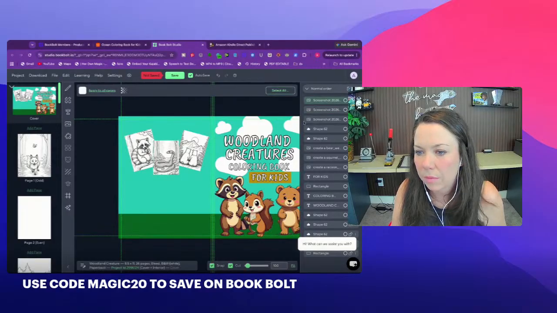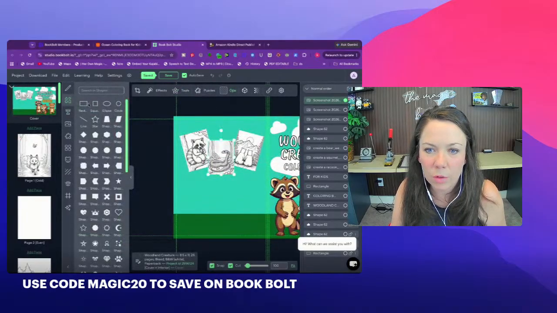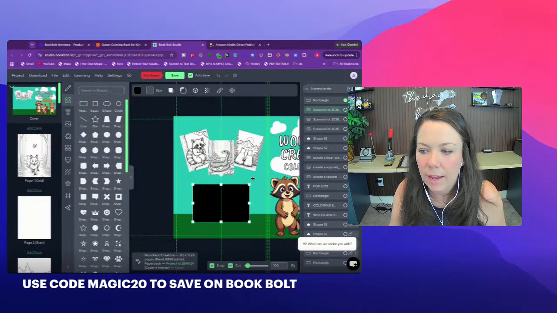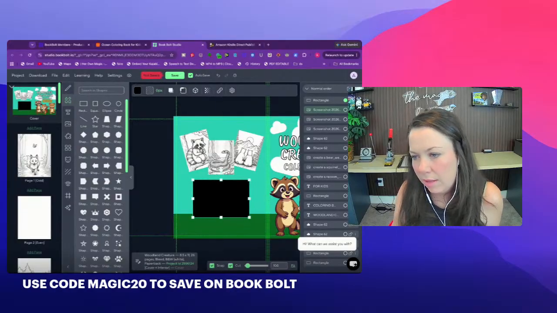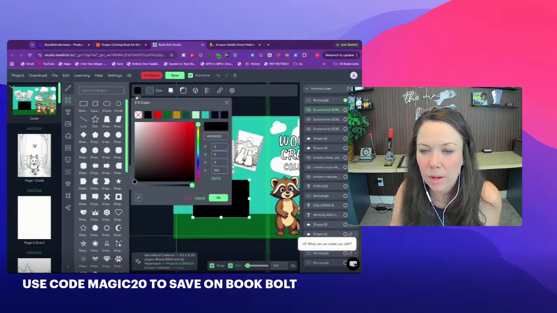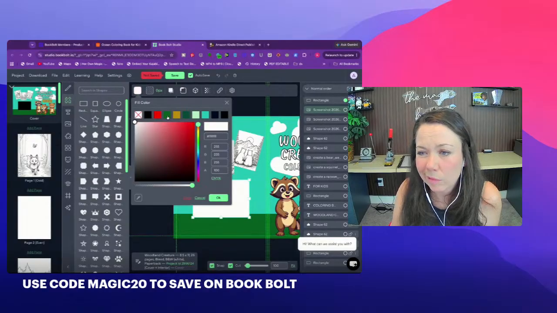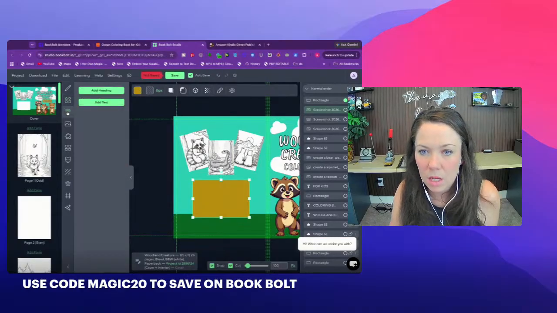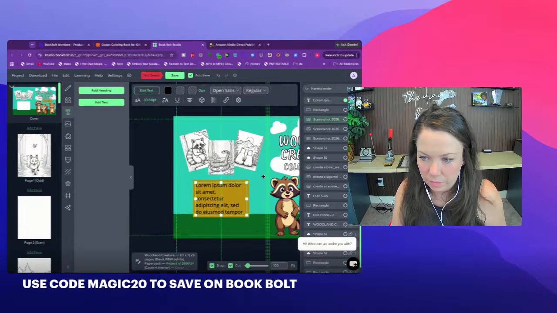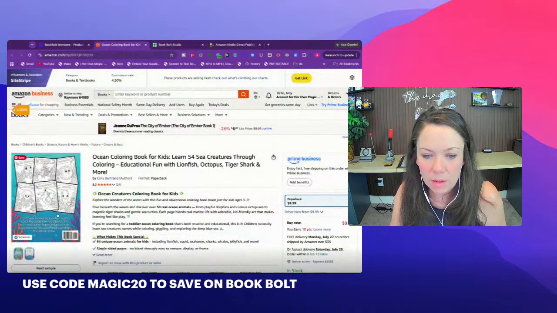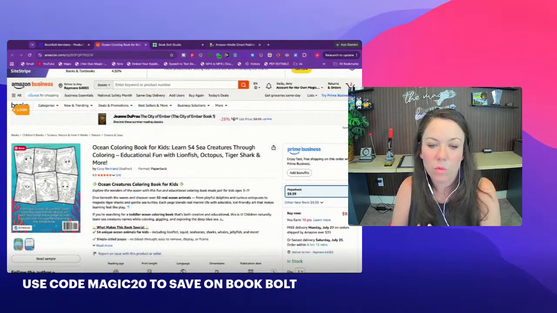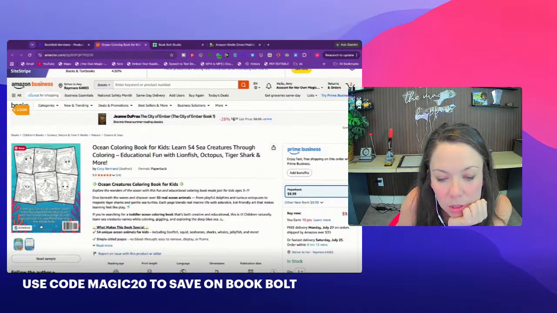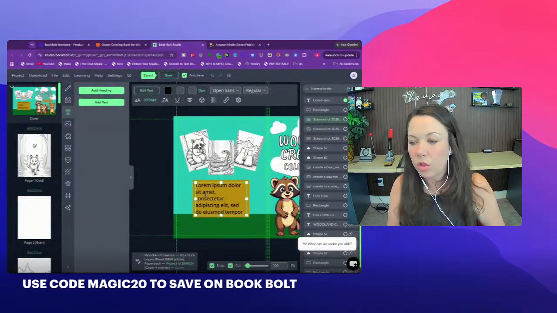All right. Okay, so we have everything ready to roll. The last thing I'm going to do is just put a little box here. That little line is how you know it's in the middle. We're going to put this little box here. I'm just going to make it, we'll do that color box, do text. We're going to see what they say on their back cover. From sea turtles to lionfish, each coloring page blends playful art with real ocean knowledge so kids stay excited, focused, and learning the whole time. So we can say,